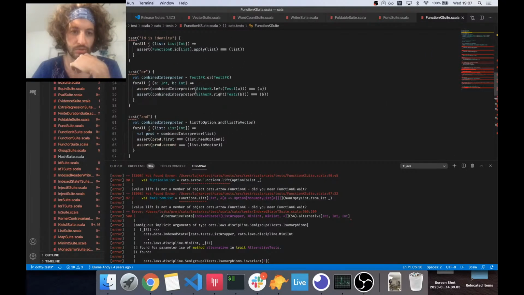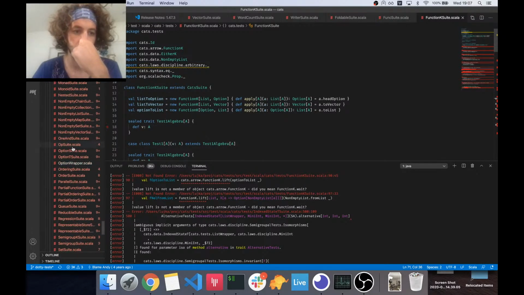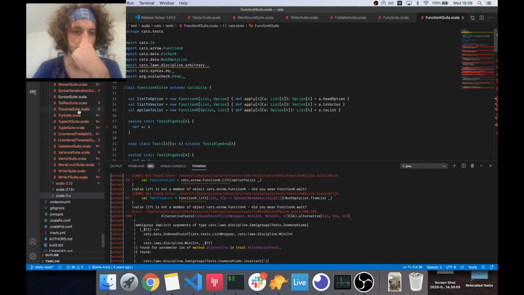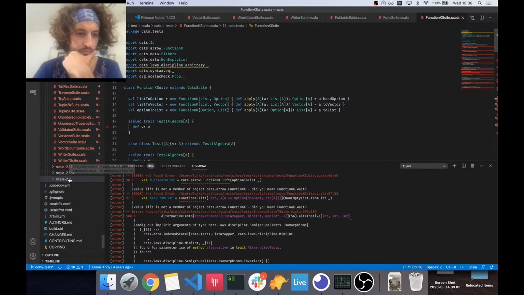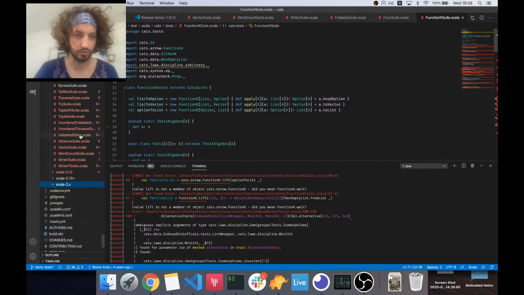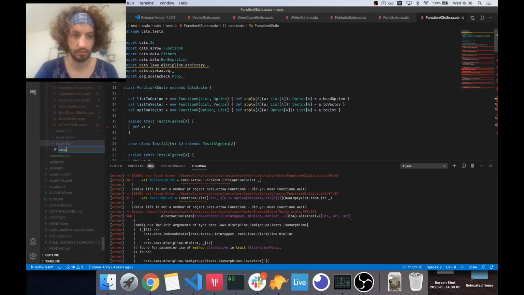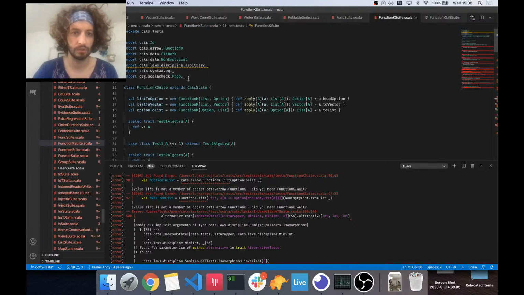But yeah, let's take out these lift functions. Ooh, I'm not sure how to do this exactly. Maybe we just put them in a different function K lift suite or something. Yeah, let's do that. Alright. New file. Hey, this is already in source main. Yeah, so I need to just do new file. Cats tests function K lift suite. And I'm just gonna take this